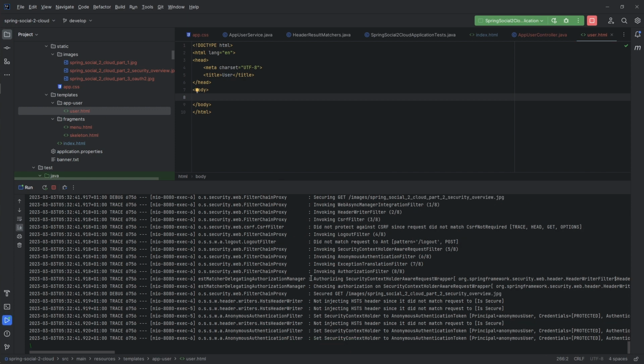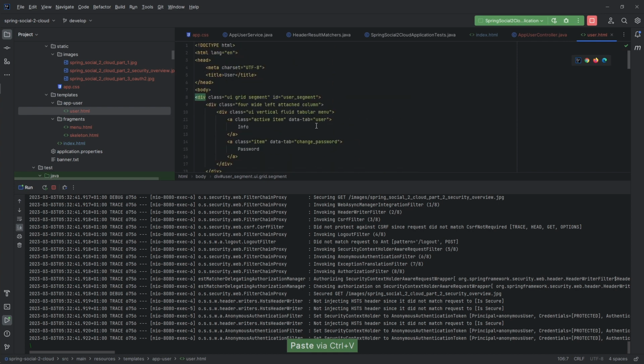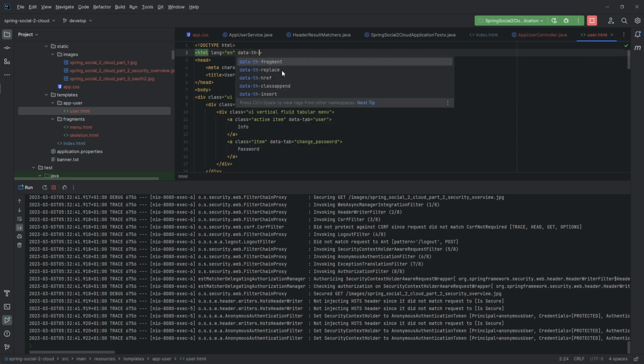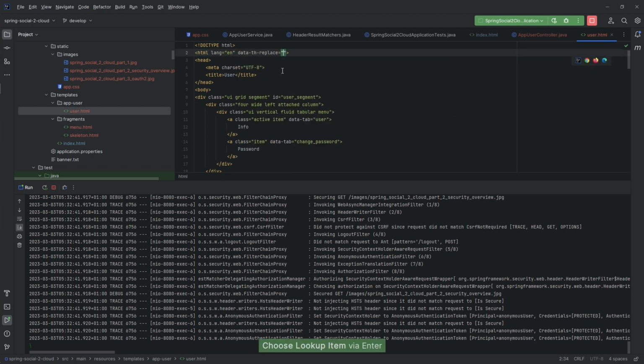I've used the Semantic UI site for inspiration and created the HTML in advance, so you don't have to see me type. The only thing we need to do is replace this whole HTML with our layout fragment. So it's in fragments, skeleton page, skeleton